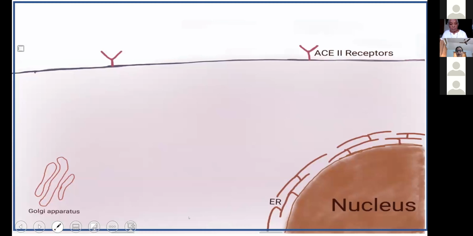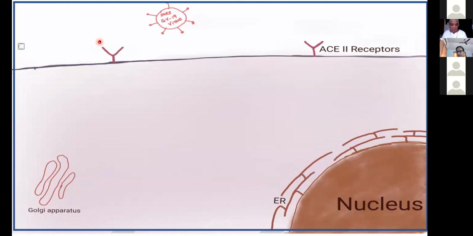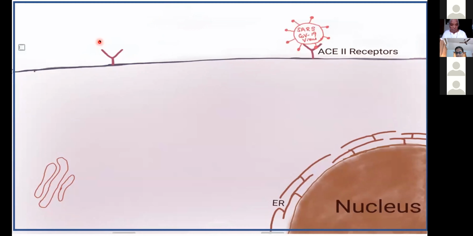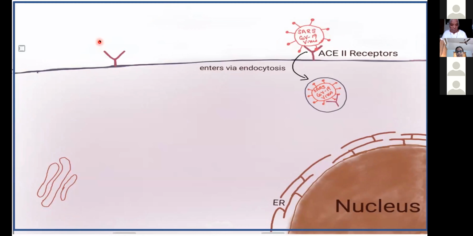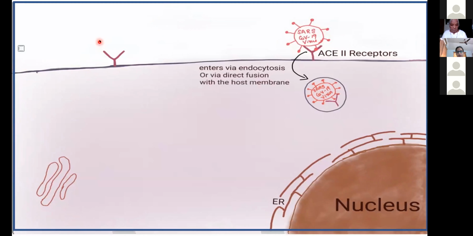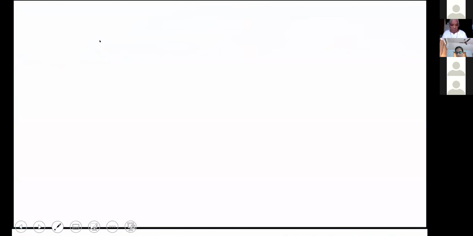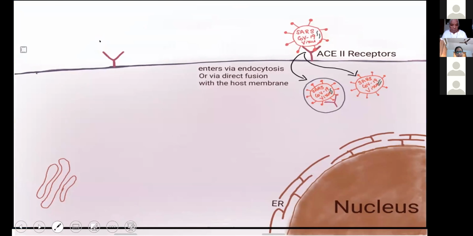So the COVID virus, as we know, enters the lungs and gets into the alveoli. The alveoli is lined by two types of cells, the type 2 cells and the type 1 cells. The type 2 cells are responsible for producing the surfactants, and it is the type 2 cells which express the ACE2 receptors, as you can see here, to which the coronavirus comes and binds. After binding, it enters the cell via endocytosis or via direct fusion with the host membrane, like this,